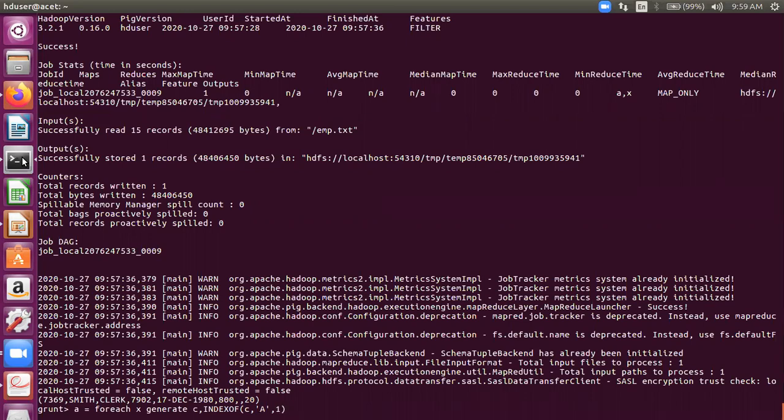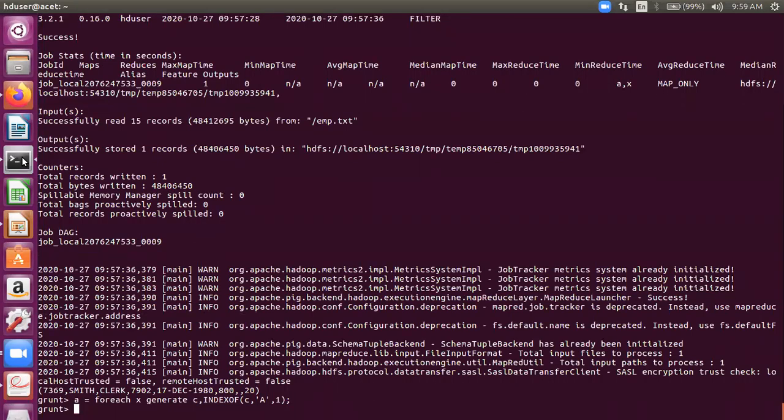Let's look at this output now. I'm looking for the index of A in each of the jobs, and I'll be searching from index 1. So let's dump it.